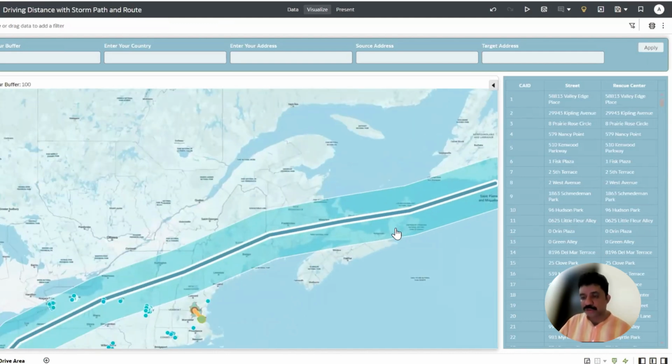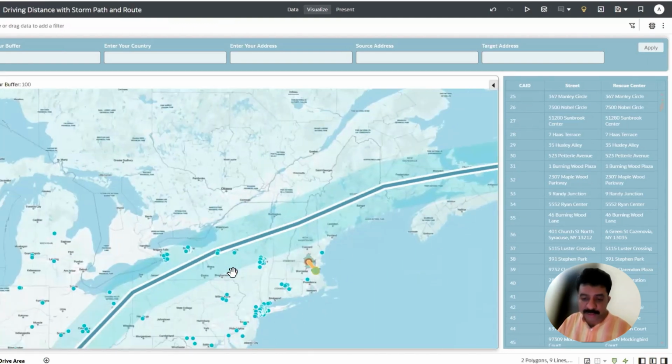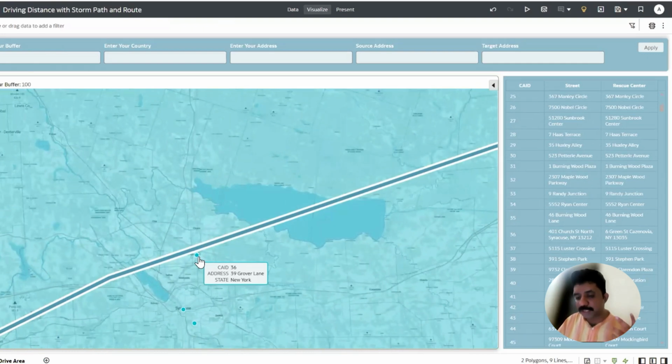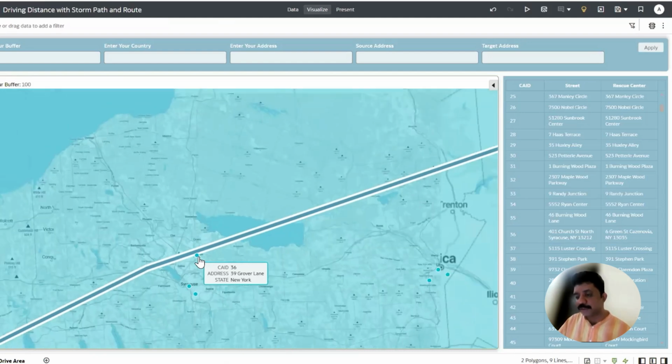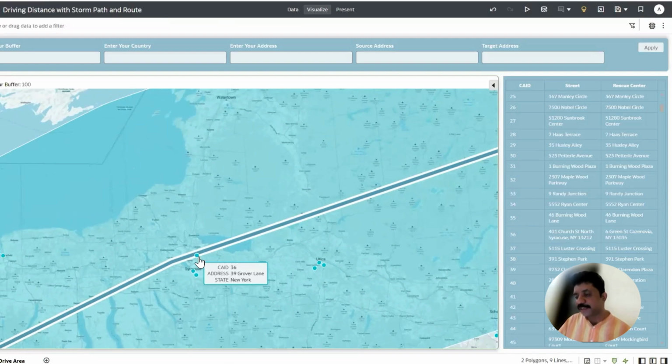And now what we want to showcase is basically something that Dennis was highlighting through Spatial Studio. So say, for example, you have these dashboarding capabilities, and I'm going to handpick, let's say, if I go here. If I look at this specific customer asset, it's dangerously close to the storm path. Now, it could be a customer asset, or it could be an apartment, or it could be a very specific street area. And say, in case of risky elements, if the police or the fire department has identified a